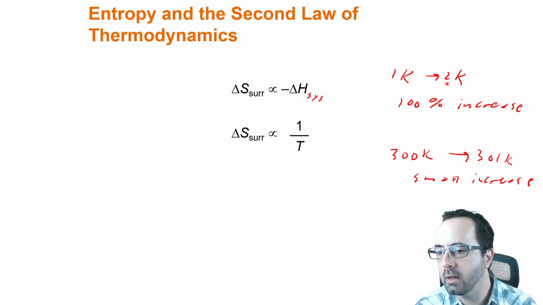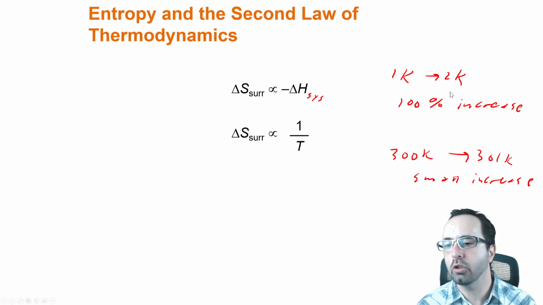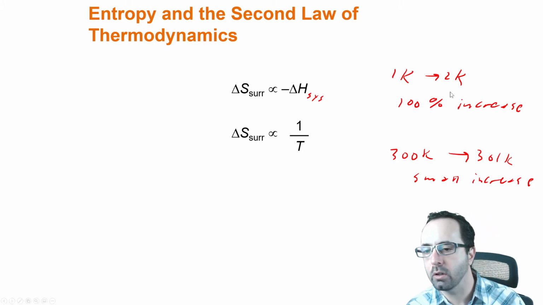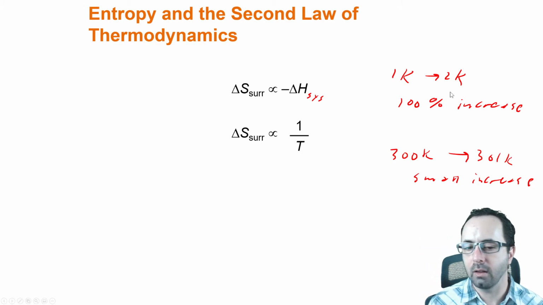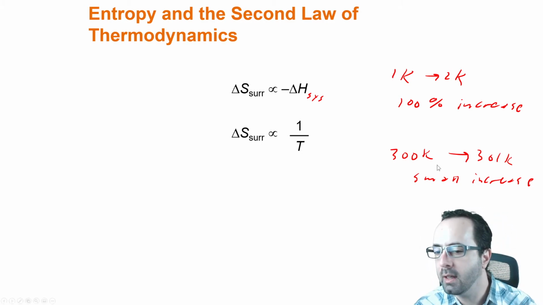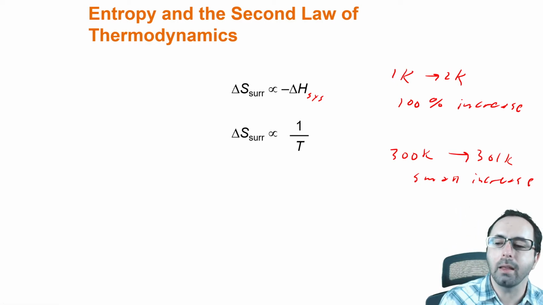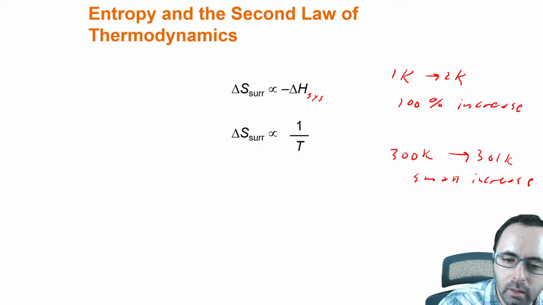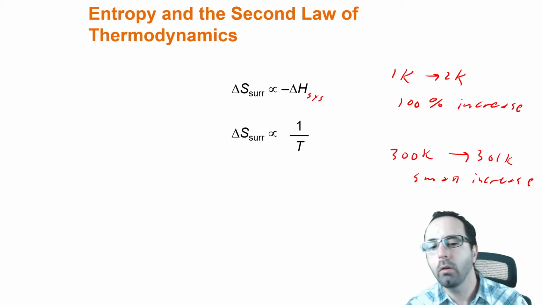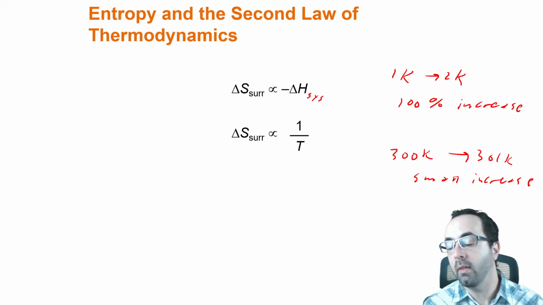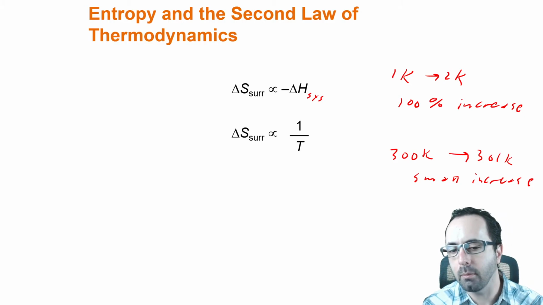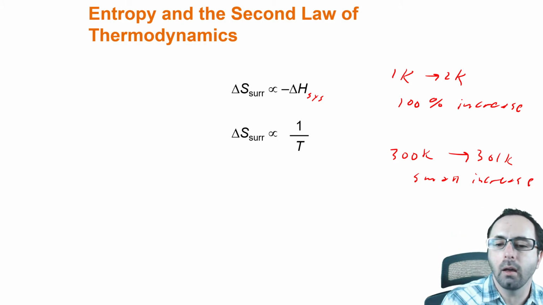A 1 Kelvin temperature increase at a very low temperature is a great increase in the entropy of the substance. But a 1 Kelvin increase when the temperature is already high is a relatively small increase. And so the smaller the temperature that you are currently at in the system, the greater the impact will be